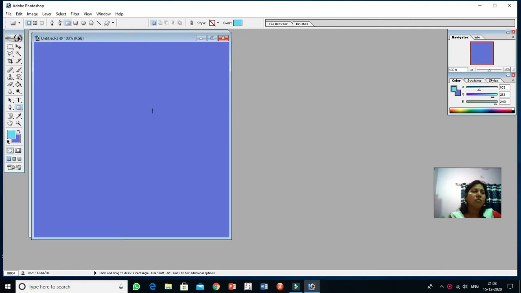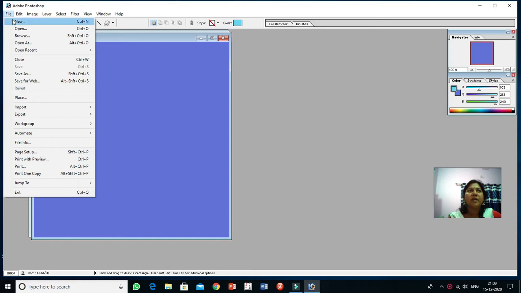So now we have to copy a selected area of an image and paste it in your new file. So how to copy or move any selected area from an image to a new file? Already this file is open as a new file with a background color of purple. Now I am opening one existing file.